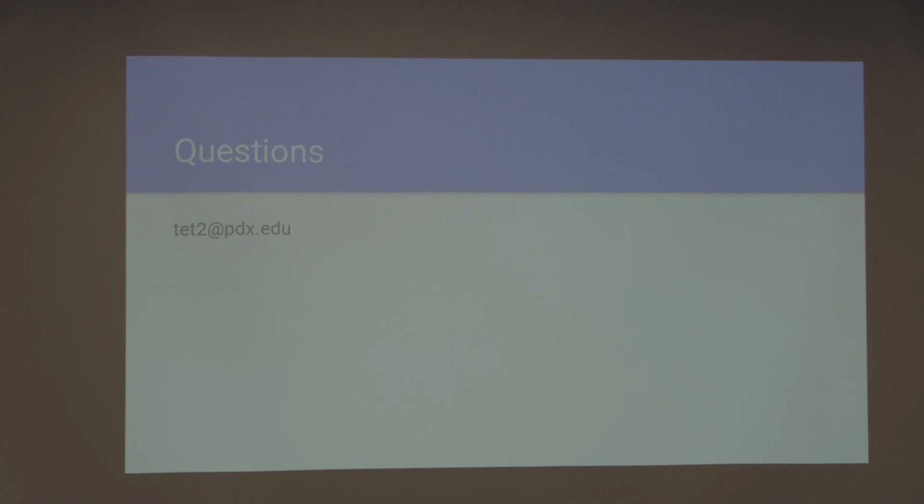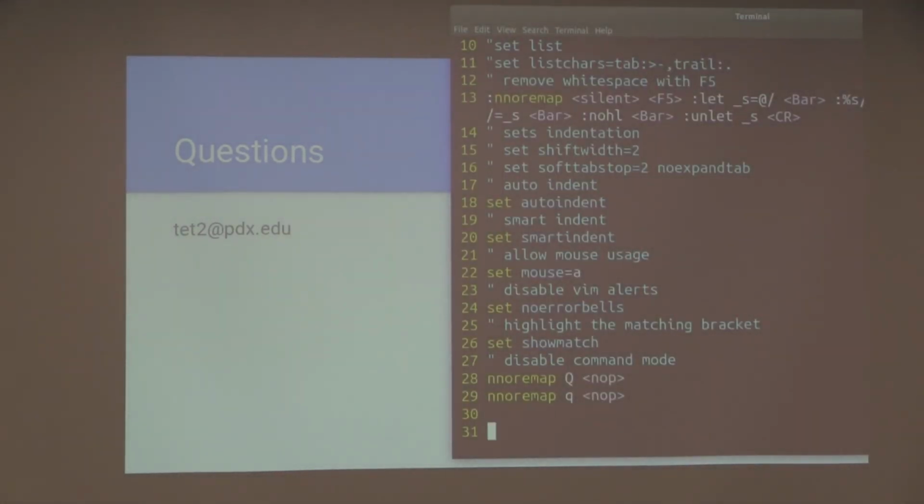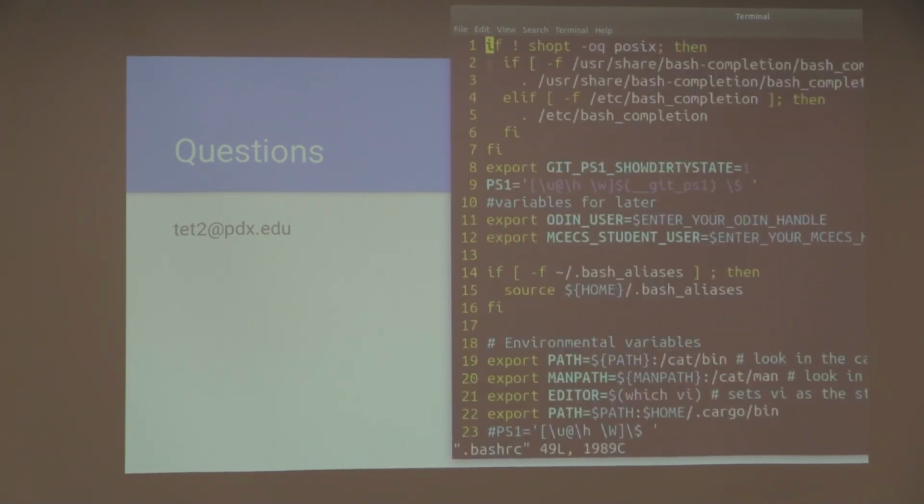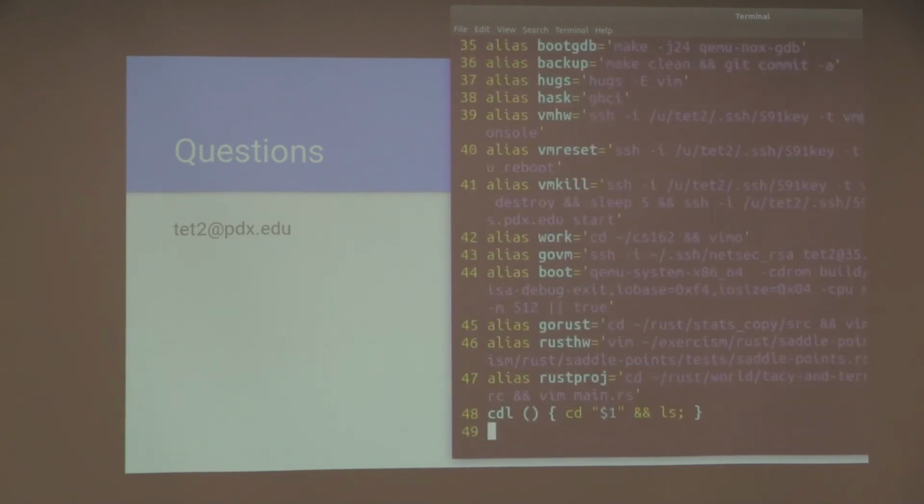Other than the aliases that you showed, do you have them stored anywhere, or ones you would recommend for new students? What I want you to do is you're going to need to personally monitor: when do I type the same thing over and over again? So if you saw my list of aliases, it is much longer. And there's a reason for it. I've been doing school stuff for a little while.